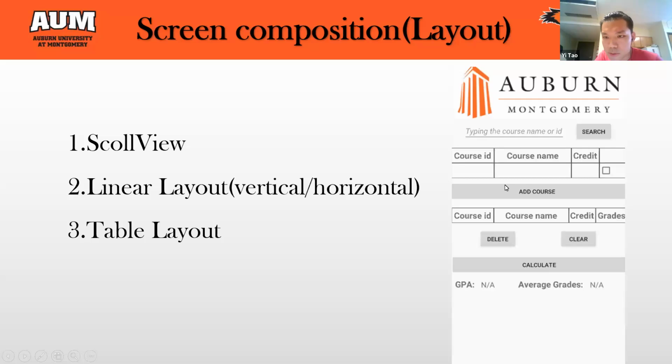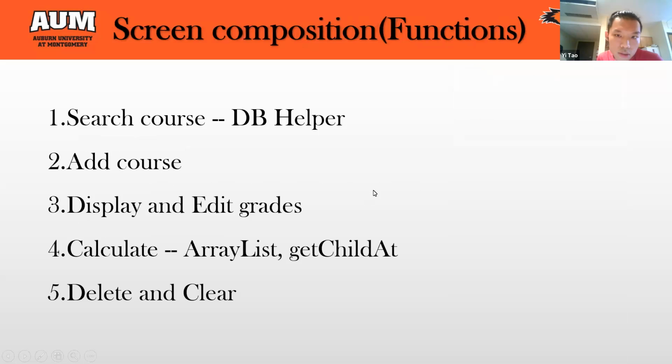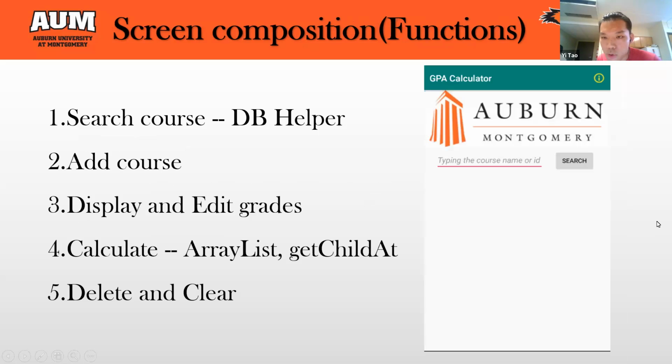Research display area and calculate list layout. And last but not least, I want to show you how this application works. As the PowerPoint shows,